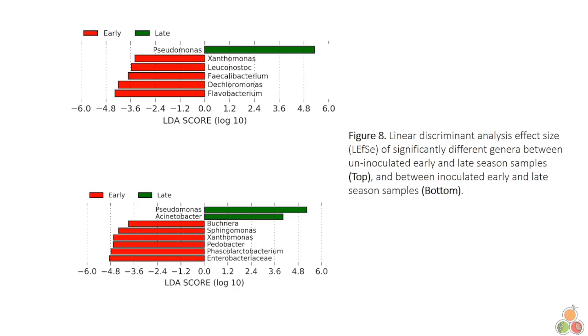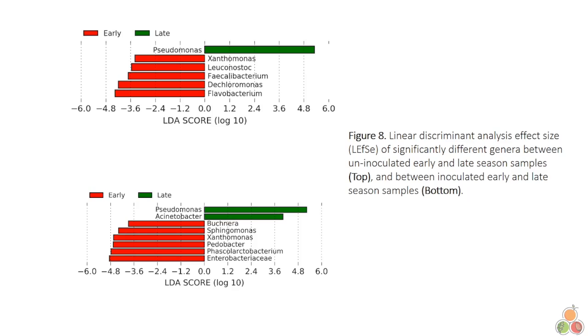So if we combine these two figures, now we can see for Pseudomonas, we know that late season samples did not support the Listeria mono's growth. So we can think now that probably the high relative abundance of Pseudomonas in the late season samples might be one reason that inhibits the Listeria growth, because this one was higher in relative abundance before inoculation, and its relative abundance still remained higher after inoculation. So we think that potentially it is the one that, because it is high in there, suppressed Listeria mono's potential